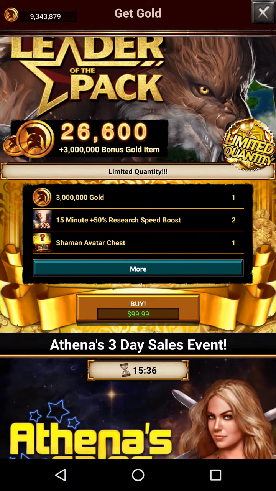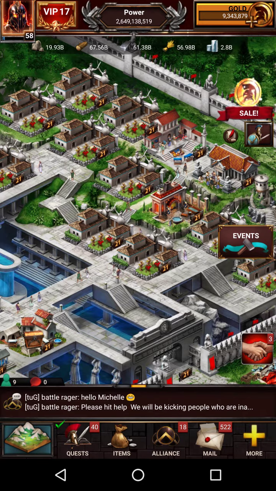Let's see here. See, 15-minute, 50% research speed boost. Okay, so 15 minutes. Well, we just did that Inferno just now. You saw that happen, and that took 2 minutes. So you do the same thing. 10 minutes before the top of the hour, pop your boost, and then once you've completed that Inferno,